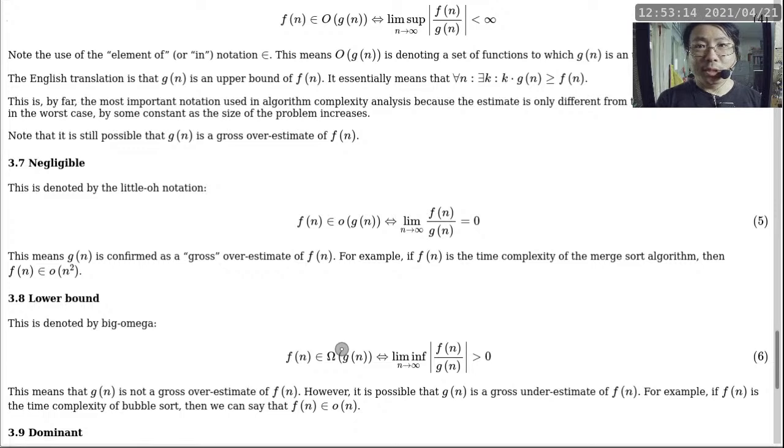So now the question is, is that lower bound useful? Does it mean anything useful to you? The answer is no, because I don't need to know the best case or the lower bound of that search algorithm. I want to know the upper bound,